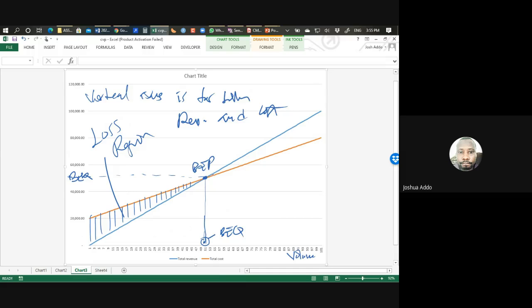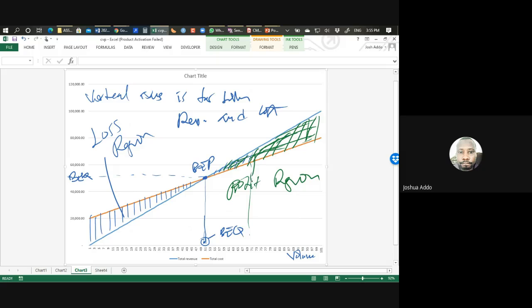Beyond the break-even point, all of this region represents, well, let me use a different color. All of this region represents profits. Profit above 0, supernormal profit in terms of economics. So this is the profit region. And how much profit at each point on the quantity axis can be ascertained. You just trace from here